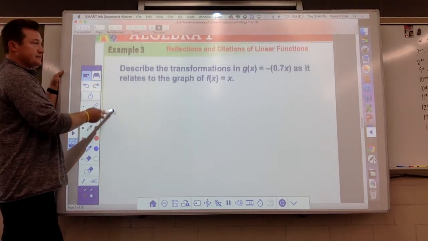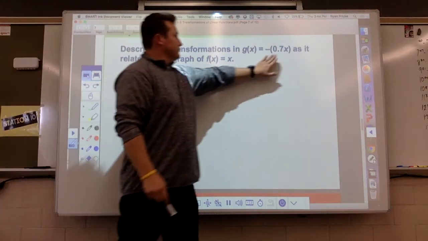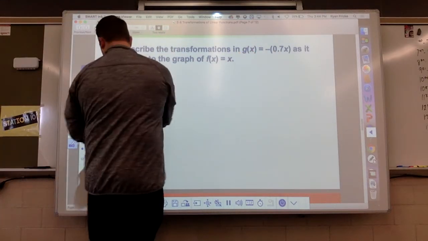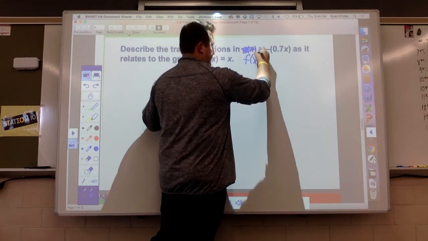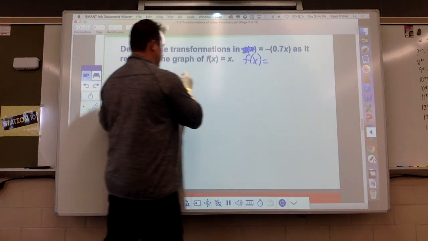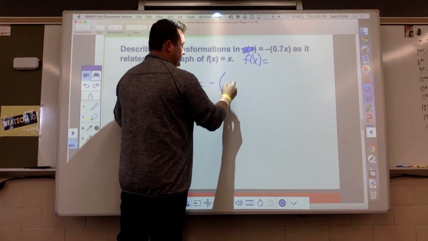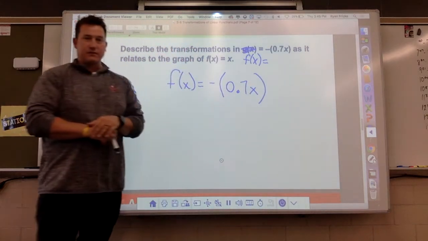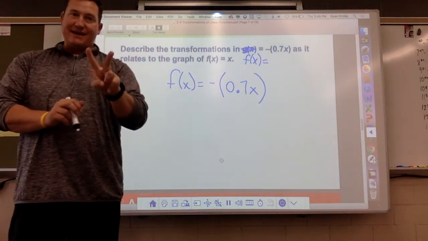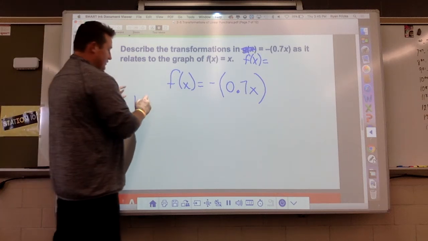All right, then we get stuff like this. Again, this should say f of x. Darn you, typos. f of x equals, I'm just going to write it down here so I can write it bigger, a negative, and then 0.7x in parentheses. There are two things that I need to do to describe this. The first thing I will describe